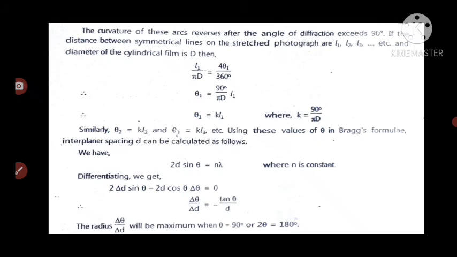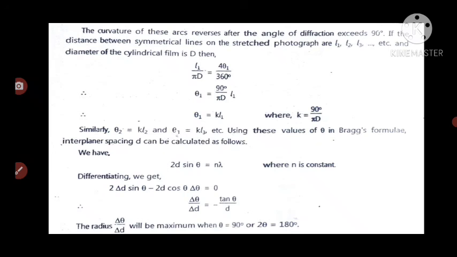that is the constant. And theta 2: if theta 1 is equal to k L1, then theta 2 is equal to k L2, and theta 3 is equal to k L3. Using this value of theta in Bragg's formula, we have to calculate the interplanar spacing by the formula 2d sin theta is equal to n lambda,